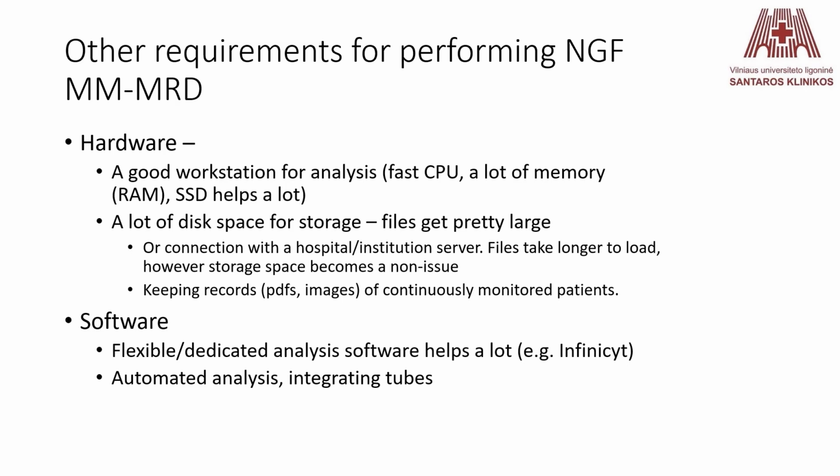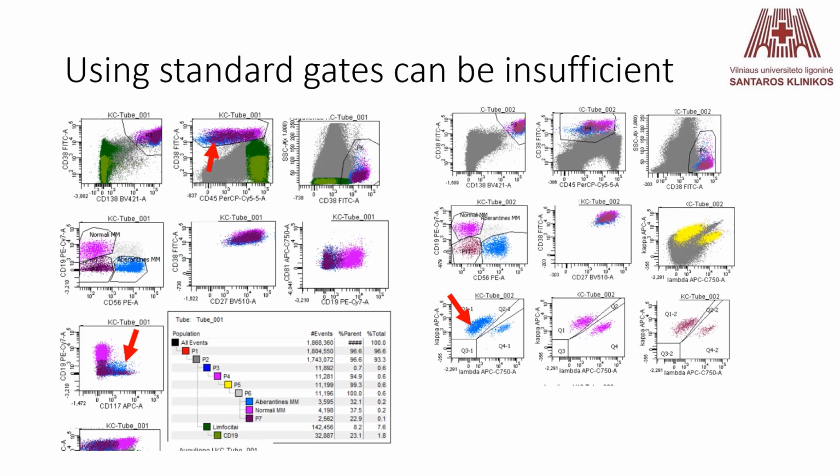And of course, you need software, and Infinicyt is a very good example of software used for MRD, because it allows integration of tubes, which, if you integrate tubes, you pretty much double your available cells and you increase your sensitivity. So we also use BD FACSDiva a lot, but as you can see here, and if you've used it, it employs a lot of, for example, standard gates. If you have an experiment set up, of course you can redraw all of them if you need to, but